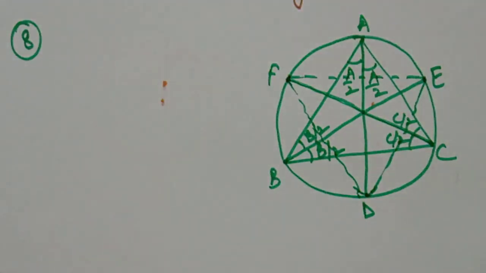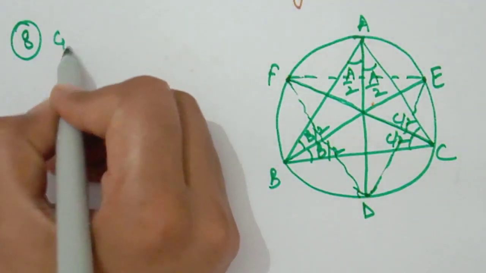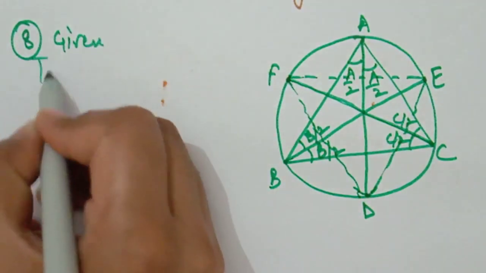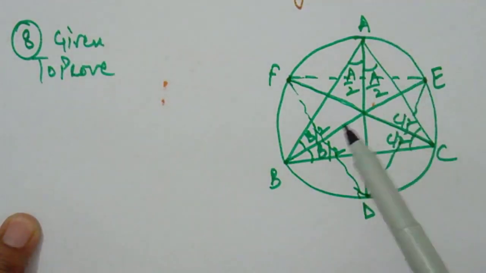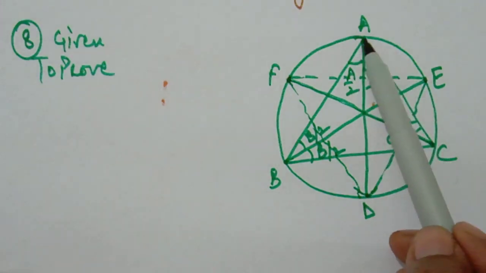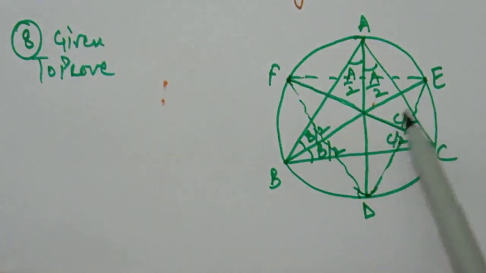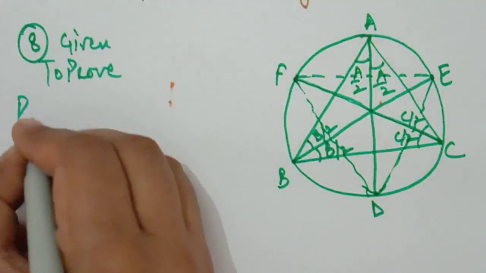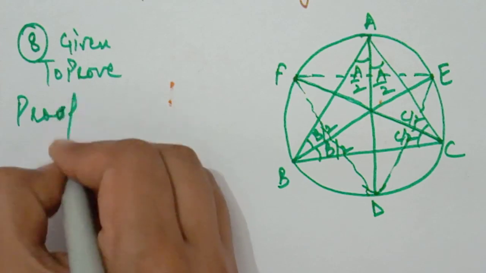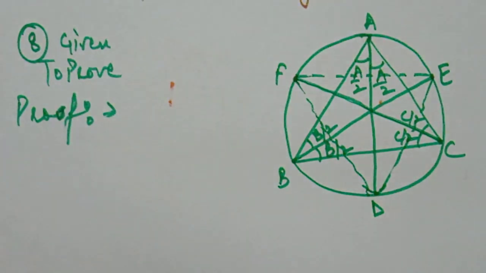This is your diagram. So first of all, what is given to us? You have to write first given, and then to prove. Given, triangle ABC is given, and the three bisectors of all three angles are given. We have to prove that angle D, angle E and angle F are equal to the given angles. Proof. First of all students, I will explain angle D, then you will find angle E as well as angle F.